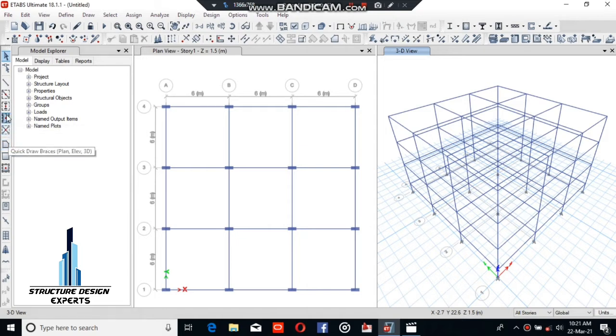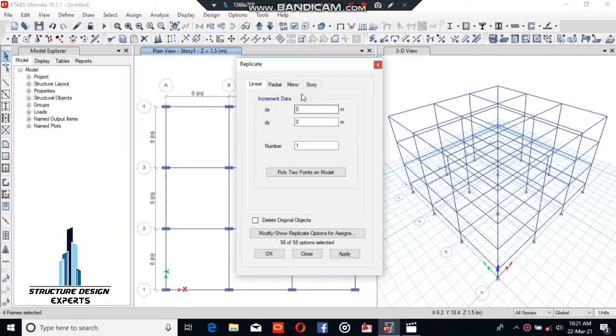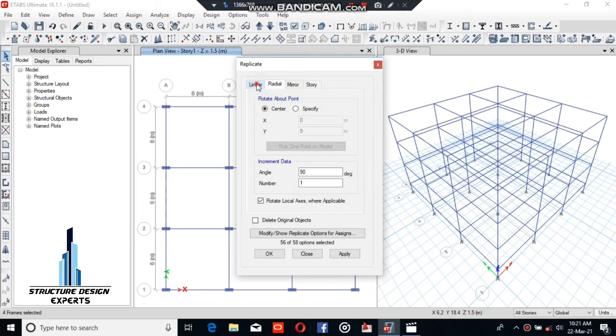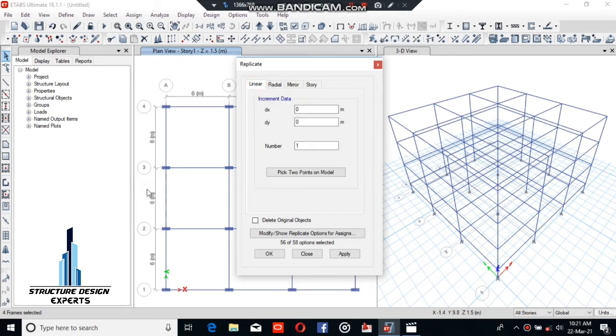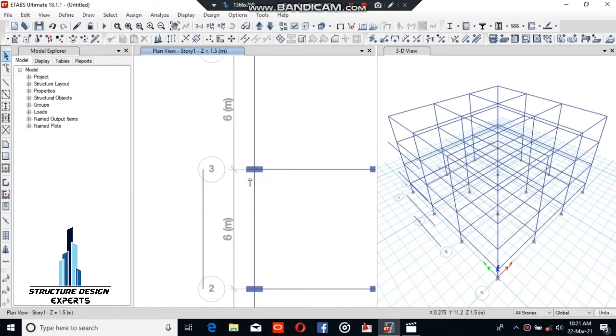So first of all we select this line and go to replicate this line, and here you see, select the line, linear, and x. This is in the x direction, so if it were the y direction, you should write it in the y direction with a minus sign. Because it is outside of the x direction, it will be represented by a minus sign, minus 2.50, and okay. So the line will be shown outside of the building. You see here the line has been replicated.